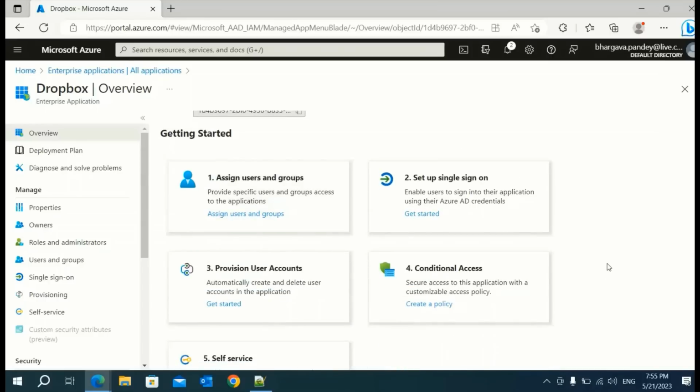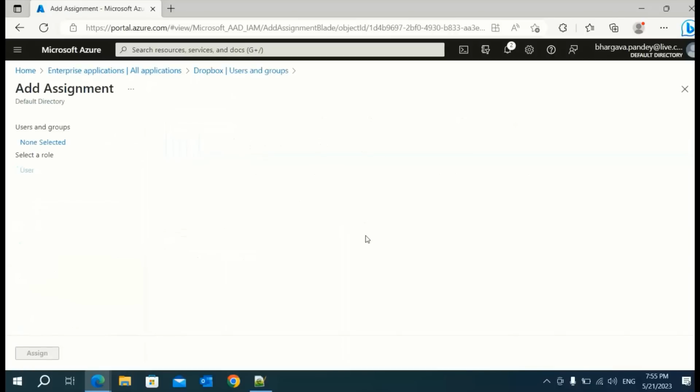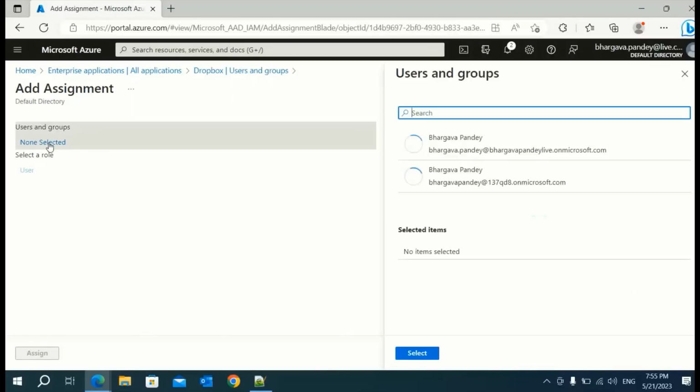Once you have created the Dropbox, it will redirect you to this page. Now you see that it's already providing a lot of step-by-step guide on how we can configure. The very first step is assign user and group. This is the first step where we choose the users who will be able to access your Dropbox using single sign-on. Go ahead, click on assign user and group. Add user. By default none selected, so click on none selected,